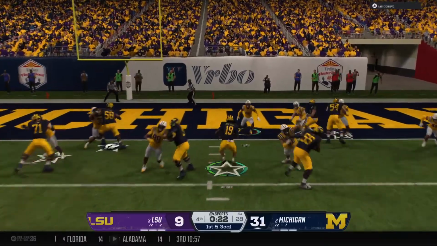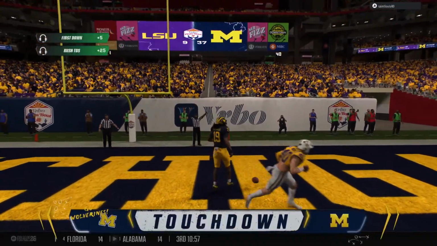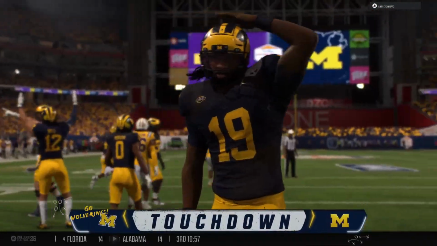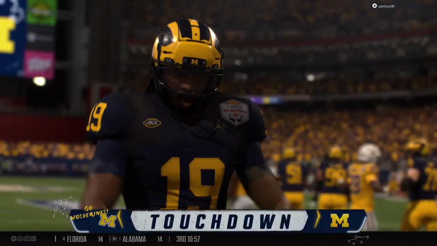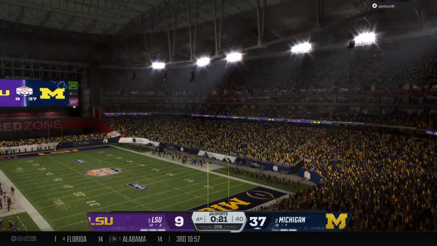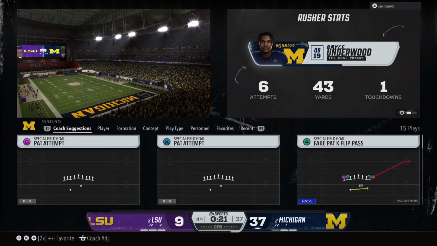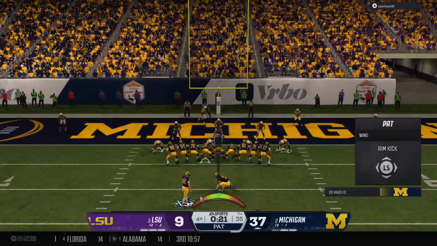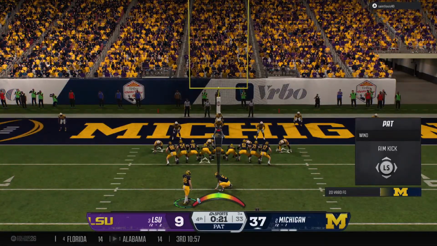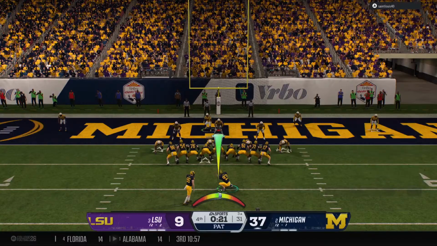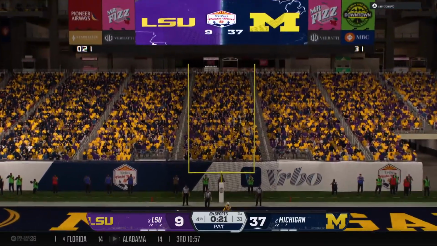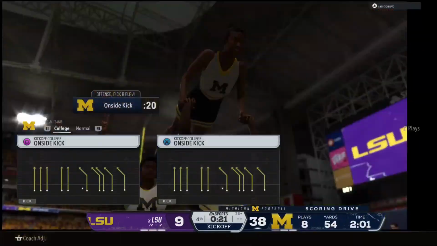The game is in hand here, but the offense looking to inflict more punishment here in the final seconds. QB keeper all the way. Touchdown, Wolverines. This offense cannot be stopped. You know, coaches love to see a football team that doesn't get caught up in the scoreboard. They're just out executing and doing what needs to be done. That's what we're seeing from this offense. Yeah, they continue to put points on the board and they're pulling away. I just love to see the execution and how they're going about their business.